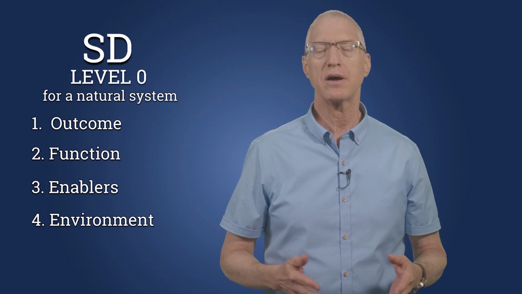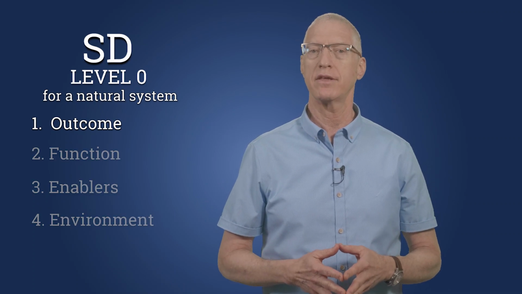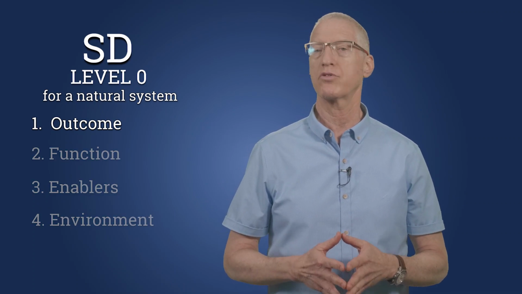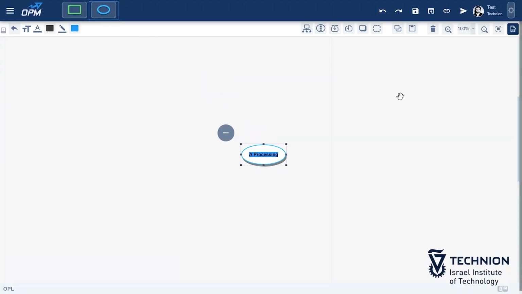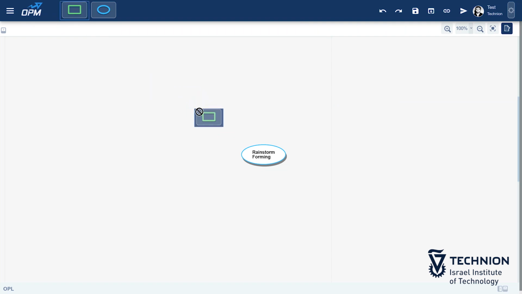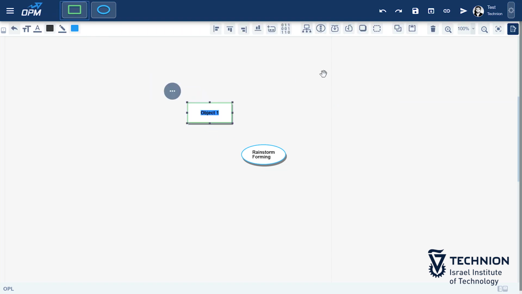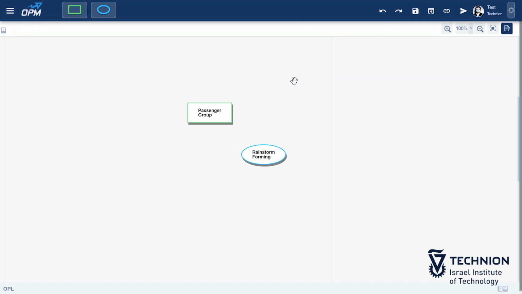So what is the outcome of our modeled system? This depends on our point of view and what we're interested in. Let's start modeling by depicting the main process of the system, rainstorm forming. What is the beneficiary group of the system? In our case, the passengers of the autonomous car, although it is doubtful that the rain is causing them any pleasure. This will happen later when the car we are designing will get through the storm and the passengers will